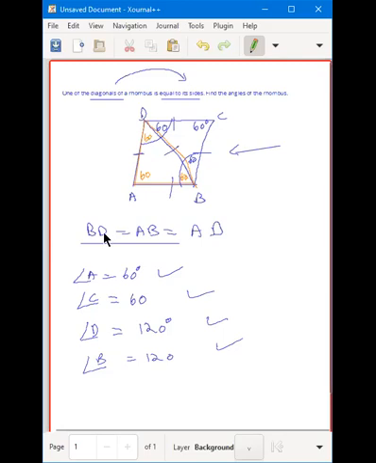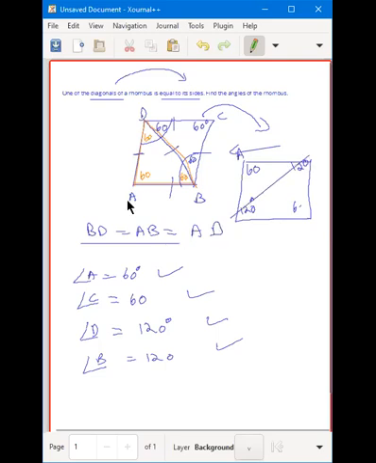So if we make AC as the diagonal, then we'll get A as 120 and C is 120. It all depends on which side you're taking there. So that is also correct. We just rotated it, right? I can rotate it on this side, so A will become on top. And this becomes 120, this becomes 60, and this becomes 120, isn't it? So instead of taking the diagonal here, I've taken the diagonal here. It's the same thing.